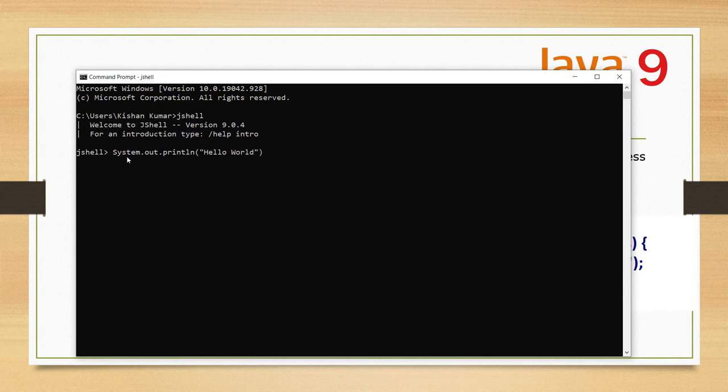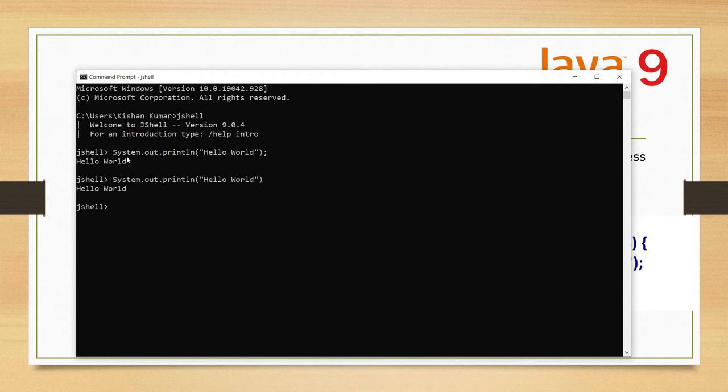Putting a semicolon at the end is completely optional. So here you can see I get the message hello world. So I can execute a single statement completely. Even if you do not put the semicolon at the end, it still works. That is the first thing we learned, how to print the hello world message in JShell.